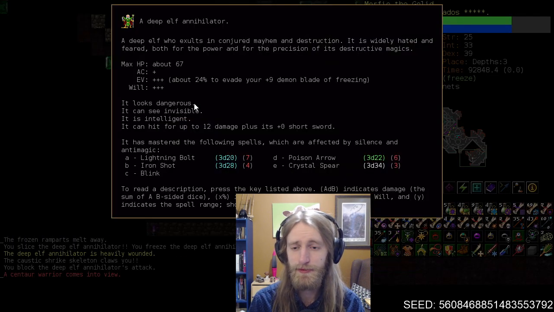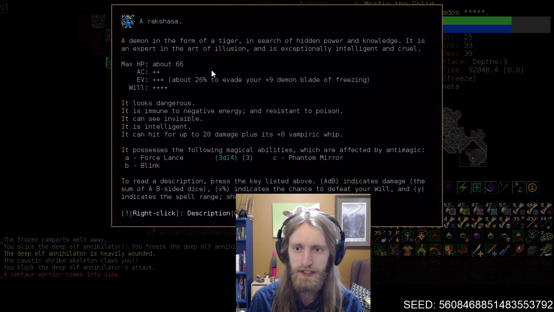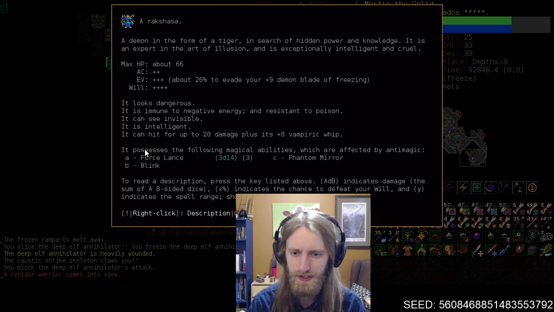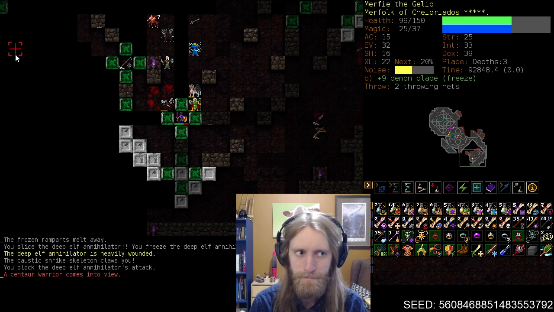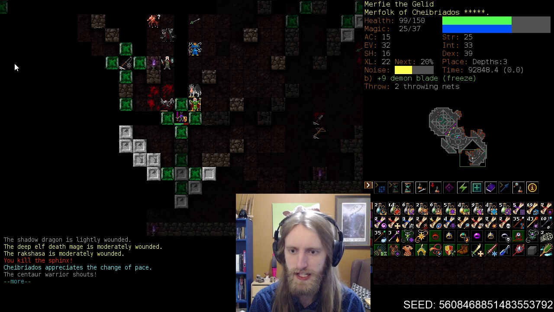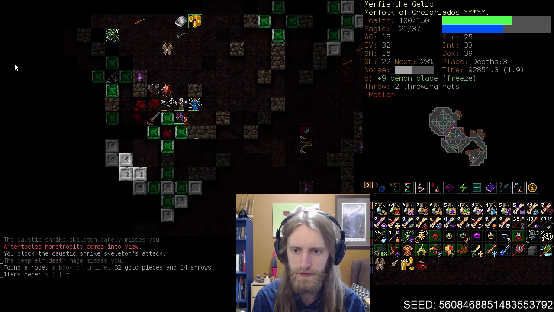Because Ozakubus would be really nice for taking out the Annihilator right away. Death Mage I want taken out right away. Rakshasa is even up there. There we go. Just because we don't want these fast buddies to be blinking around and causing us problems. You know what? I'm going to do one refrigeration, just see how that hits. Perfect. Because I need the Annihilator taken out before...